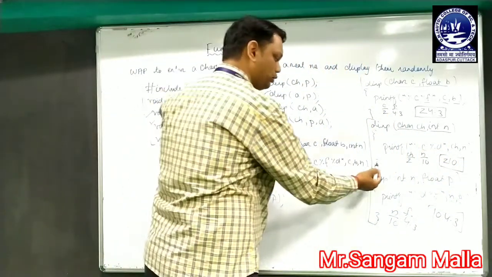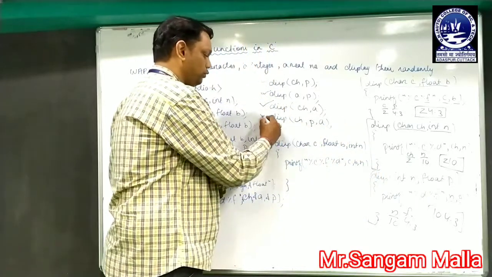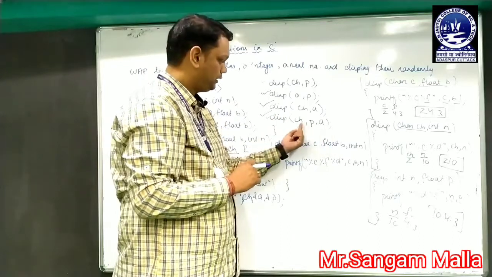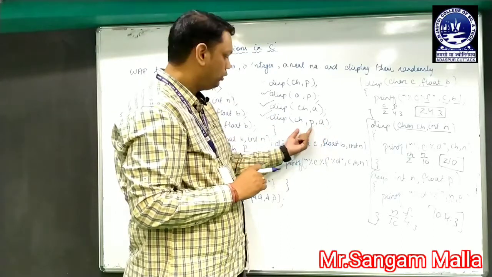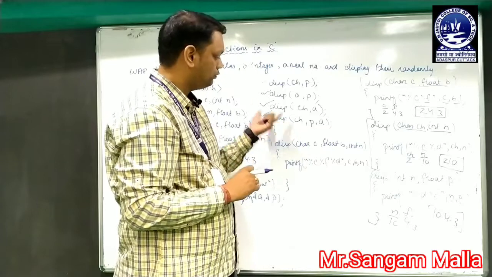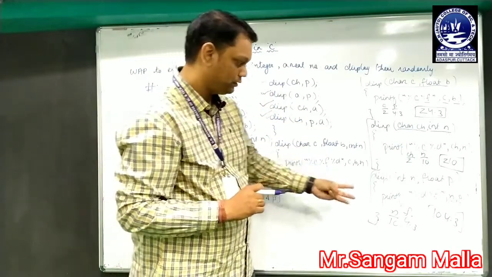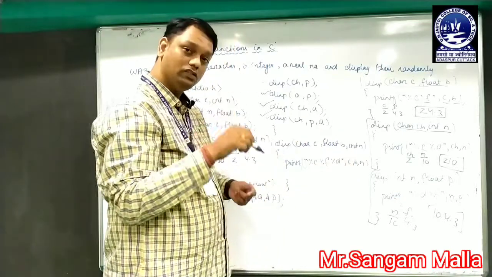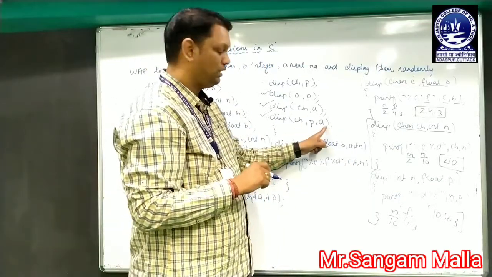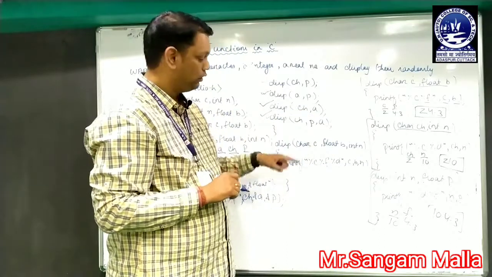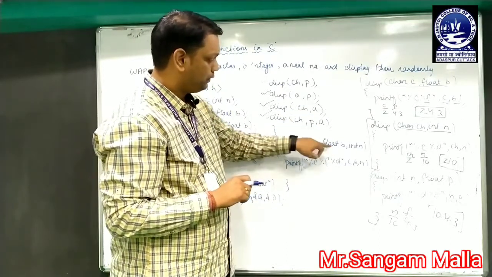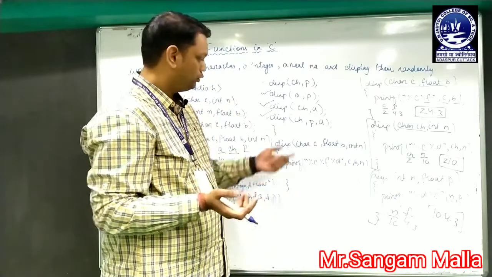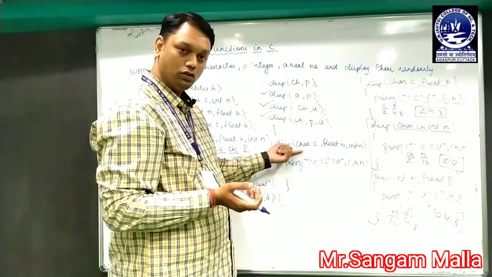Now when it comes to this curly bracket, it will be redirected to the fourth display function. The fourth display function will have three values, that is ch, p and a. So it will search for the display function which has three parameters. Here you can see that this function has three parameters, and it is also needed that it is in the same format as the values have been passed. So the first part will be character, second part will be float, third part will be integer. Otherwise it will not receive the values. So it will be redirected to this called function.